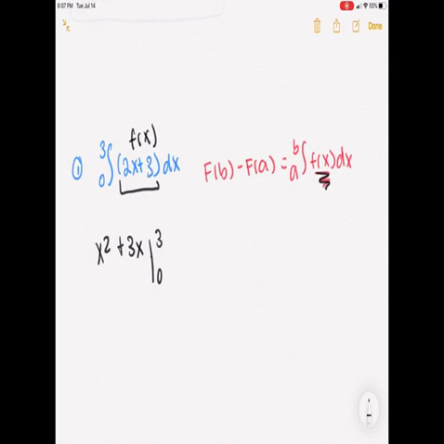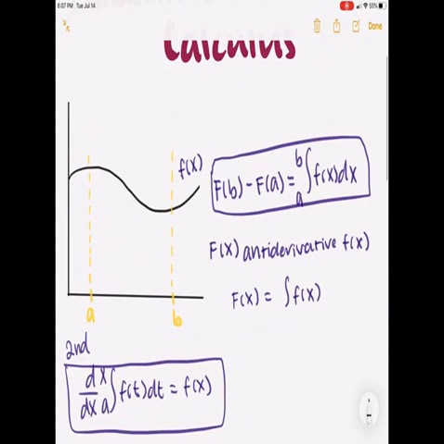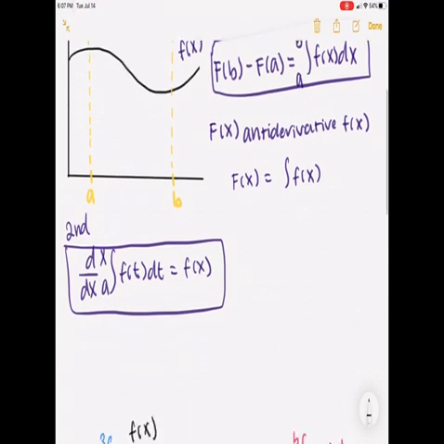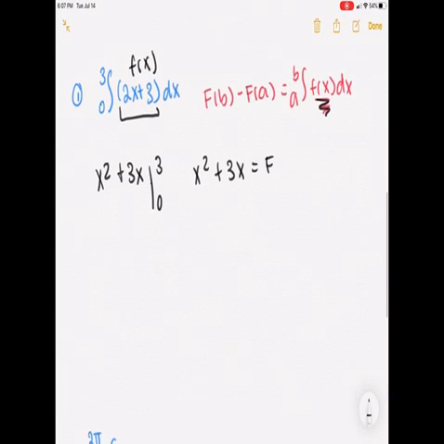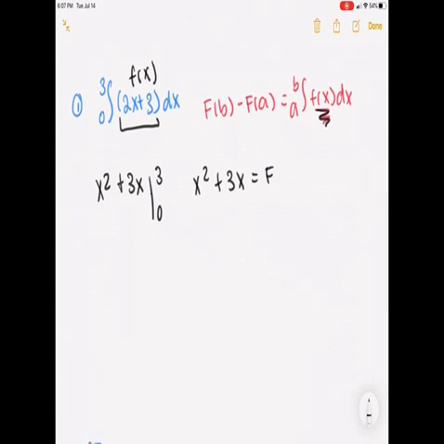So what does that mean? Well, it means, essentially this x squared plus 3x is now our capital F, because we took the antiderivative of f of x, and remember that capital F of x is the antiderivative, or essentially the integral of lowercase f of x. So now we're just going to plug in, if this is our capital F of x, then we're just going to plug in our b and our a values, and our b value is 3, and our a value is 0. So we're going to take x squared plus 3x, but replace x with 3,